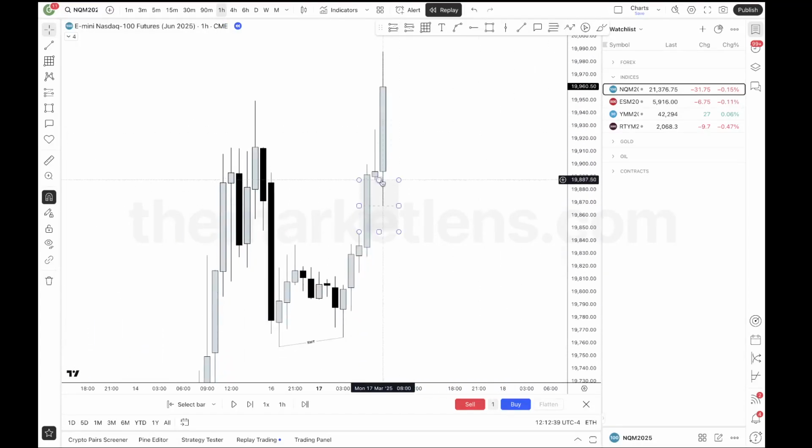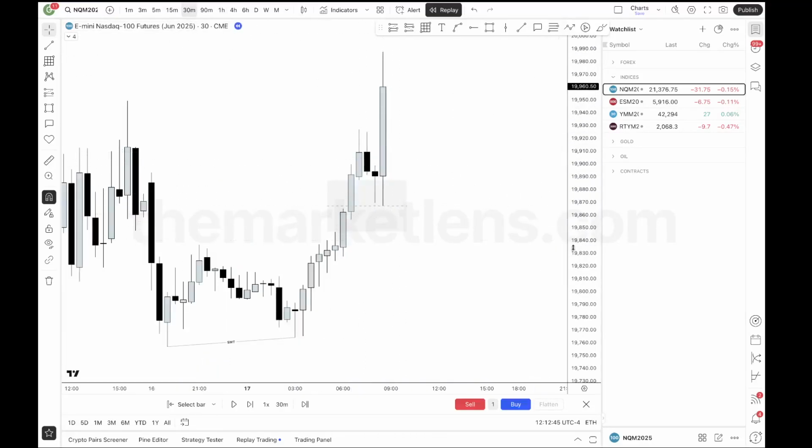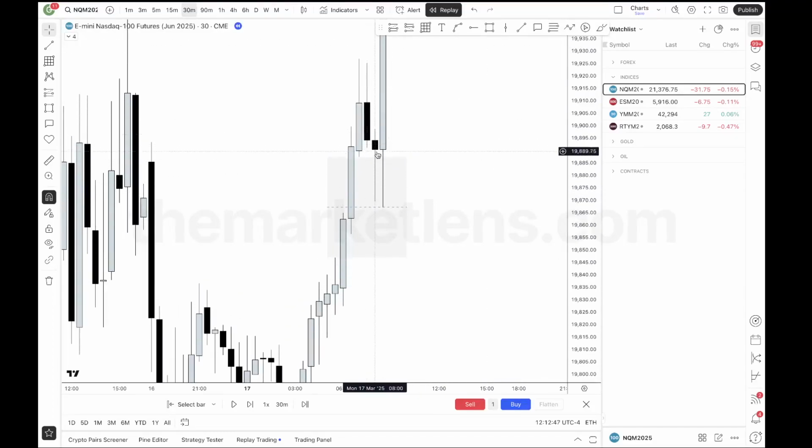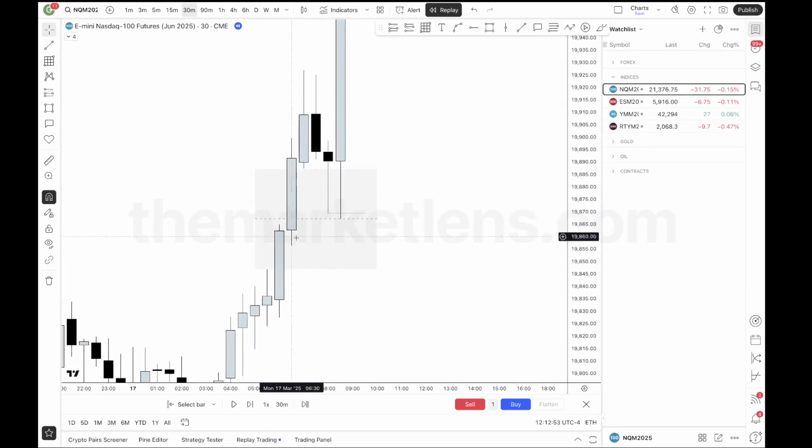So this is how I would trade it, right? I don't need to wait for a swing point. As you see, there's no swing point here. But if you look on the 30-minute candle, it hit this gap here. So prior to the driver, it already retraced and hit this hourly fair value gap or 30-minute fair value gap,